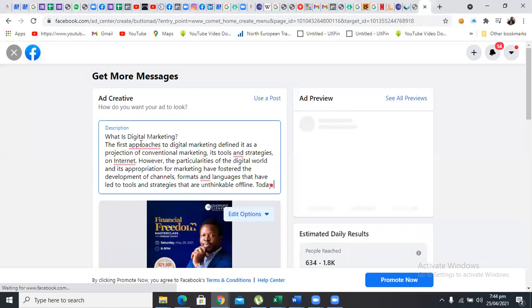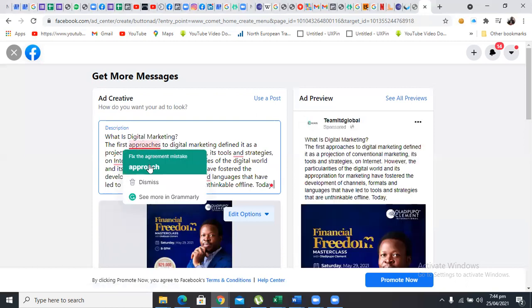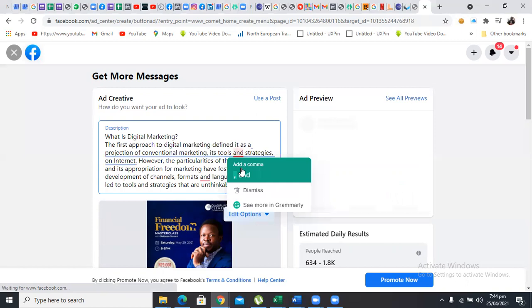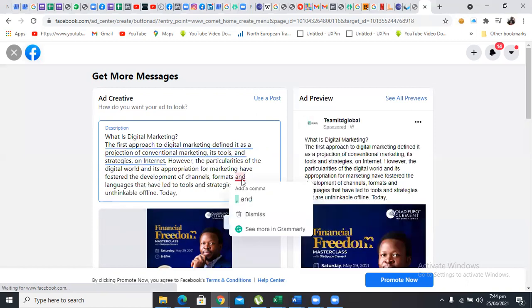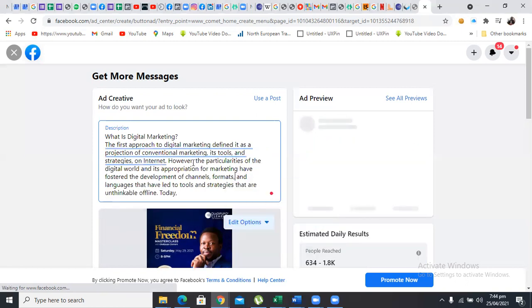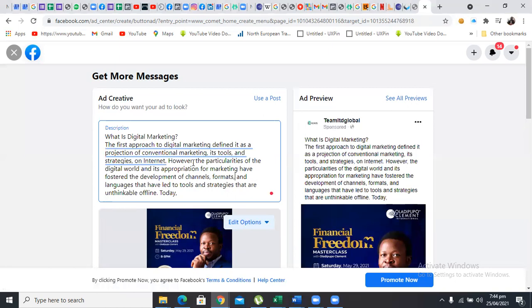Make sure it's well described so that people can understand your ad. Remember, what we are doing today is how not to waste your money on social media ads. If you get this right, you make a whole lot of money and you don't waste your money on it.